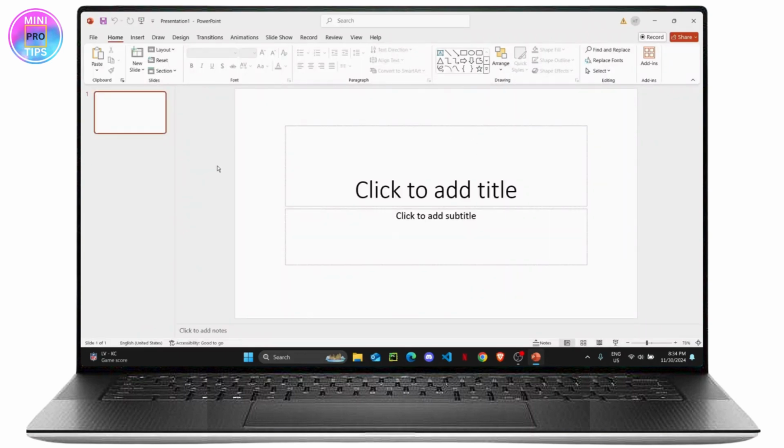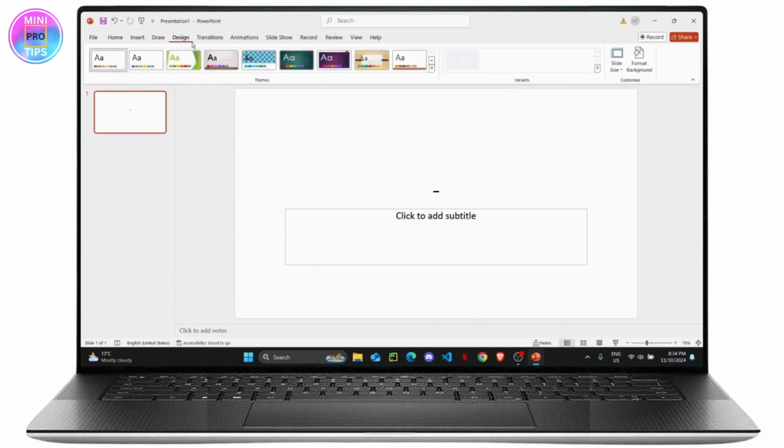Now, once you do that, on the top of your screen, you will see different tabs like Home, Insert, Draw, Design, Transitions, Animation, Slideshow, Record, Review, View, and Help. You are going to go to the Design tab, and once you get here, on the right side, you will see Slide Size. Click on this drop down, and by default, you will have two options, that is Standard